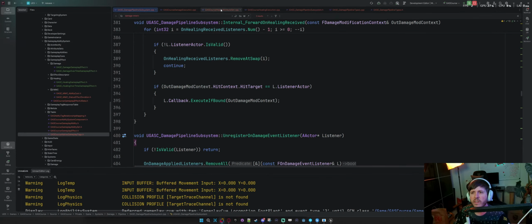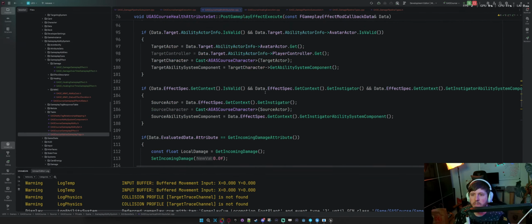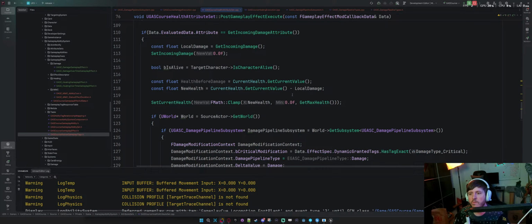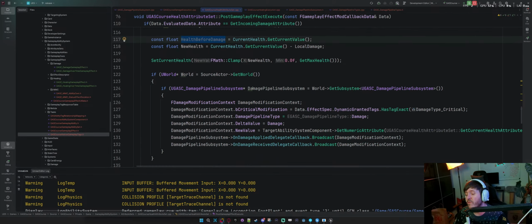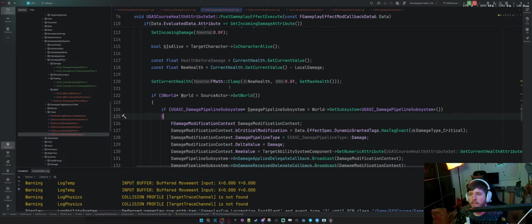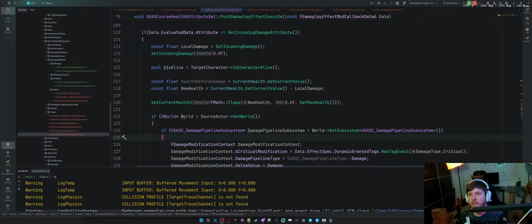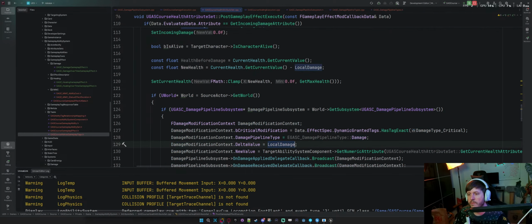Okay, that should be okay. So now we can go back into the attribute set. So get incoming stuff here. Health before damage, we can pass that along as also old value. I say equals damage because this is local damage.